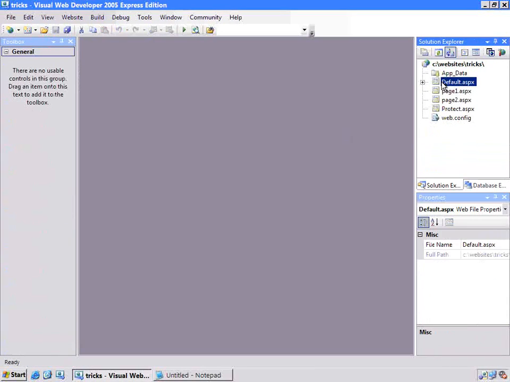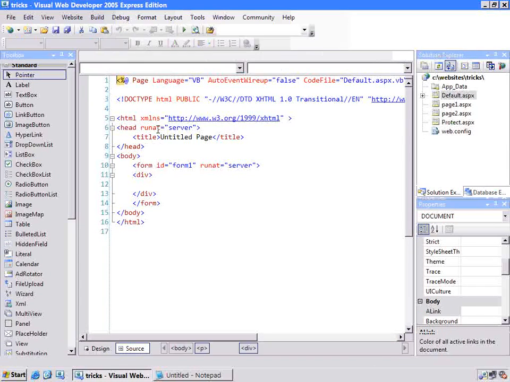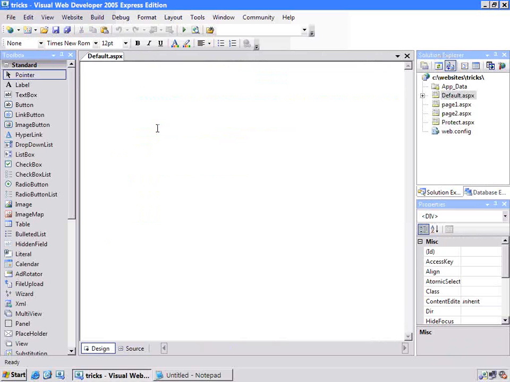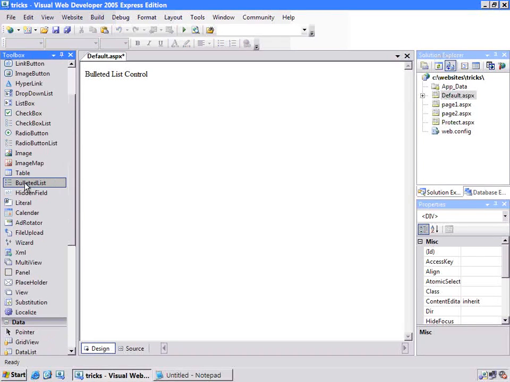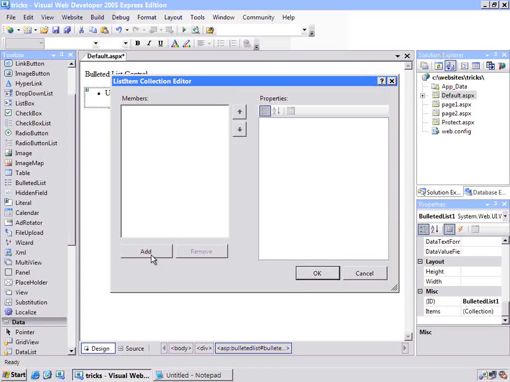Okay, so let me bring up default.aspx and we'll do the rest of our work here. The first thing I want to show you, let's see, this demo will be about using the BulletedList control. So I'll just give a little header section there. So if we look down here, we have this thing called BulletedList, and this is new. I can tie it directly to a